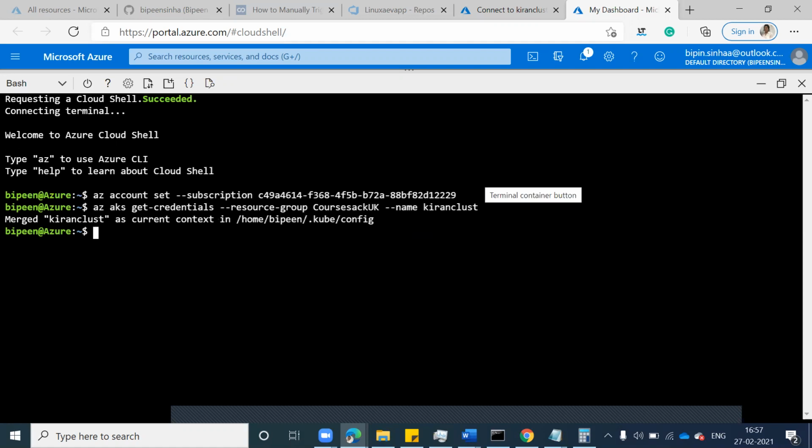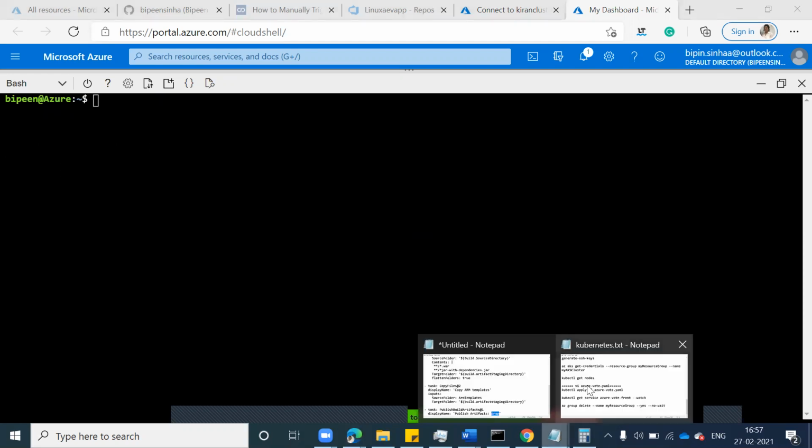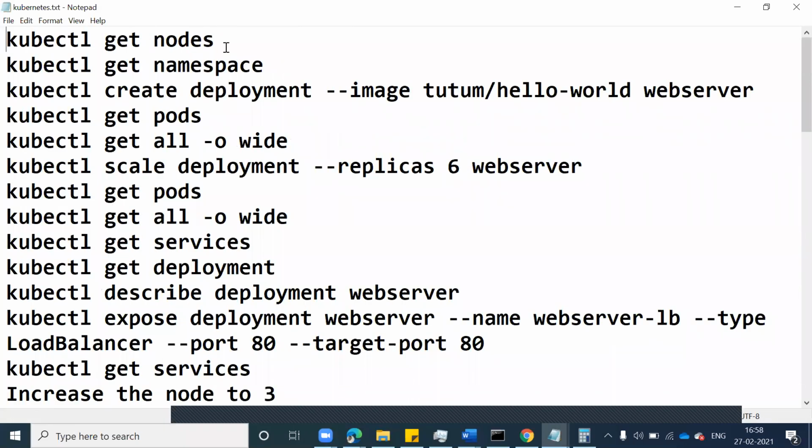All right. Clear the screen. Now you can run all the commands one by one. For example, if you want to get the nodes, what is the command? kubectl get nodes.